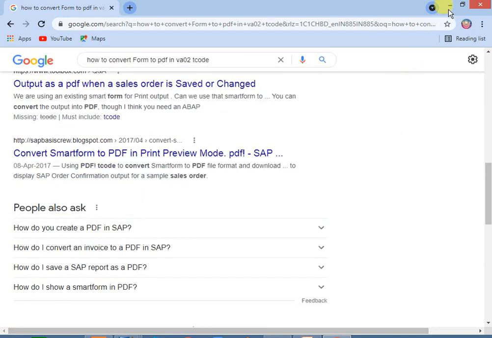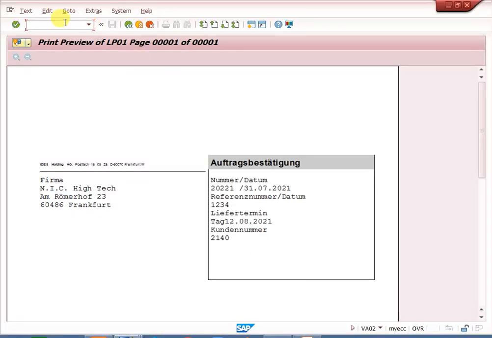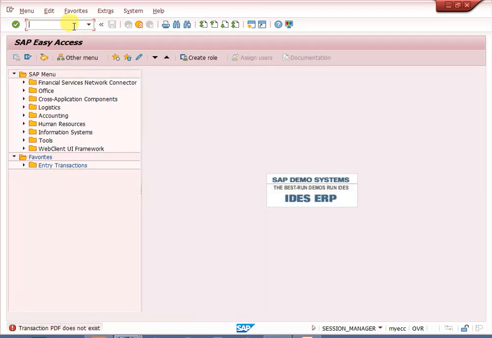Colon PDF is correct; it is not working here, I don't know why. Generally Shift 1 PDF is the transaction and it will come automatically. Slash and PDF, whether it will work or not. At VA02 level, colon PDF you can maintain and automatically it will come.